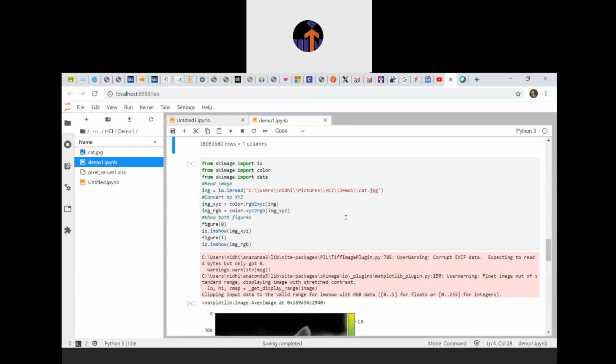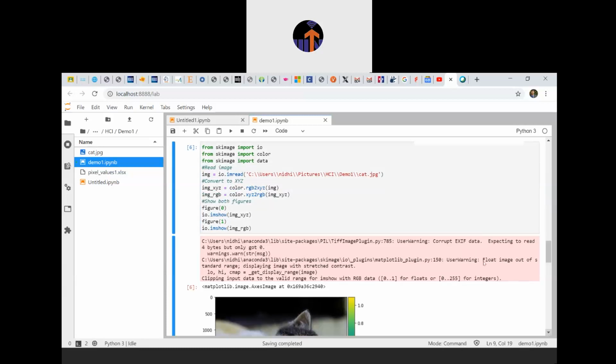Now let's talk about the color spaces. So there are two color spaces. I told you the first one is called RGB and the second one is called XYZ. So RGB is the normal color, just as I told you in the image. Whatever the color of a normal image is, whatever you capture at the time of your camera, it is called the RGB color space.